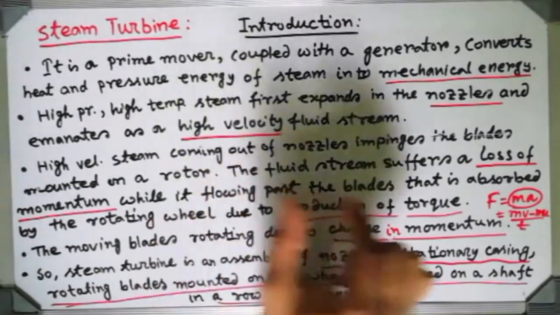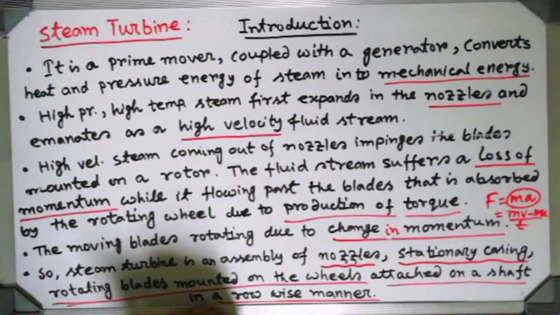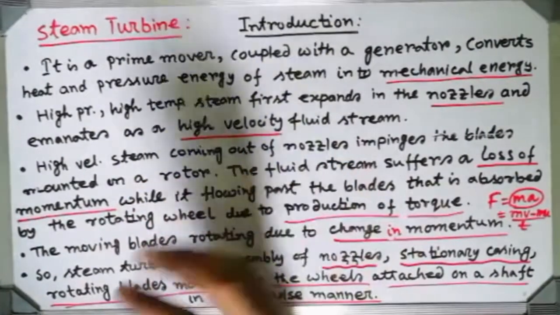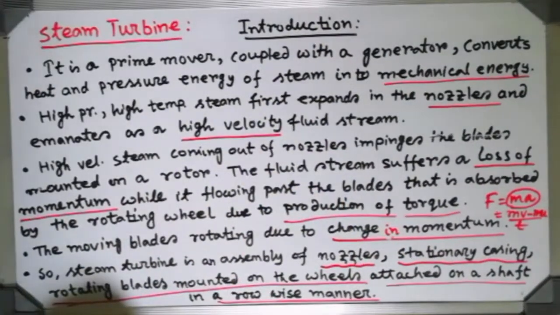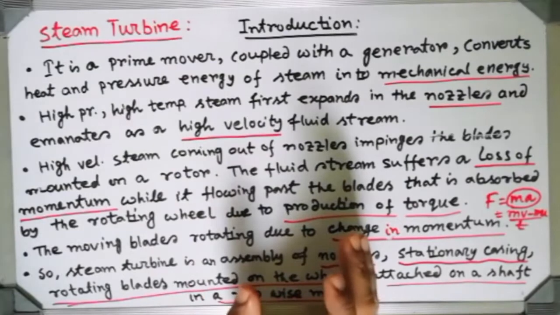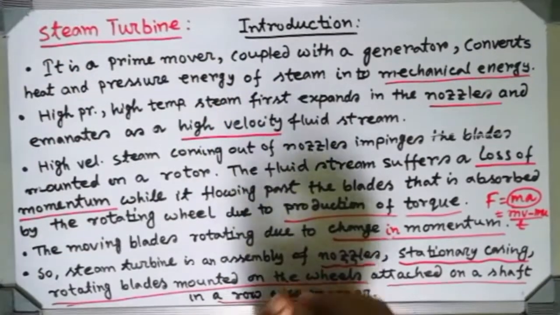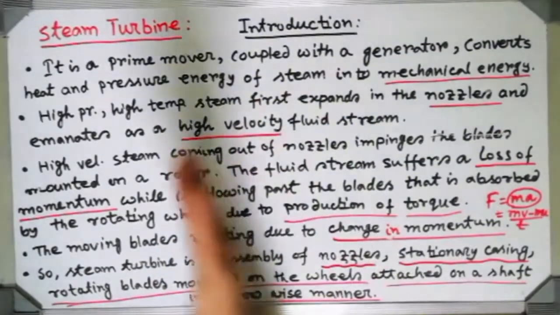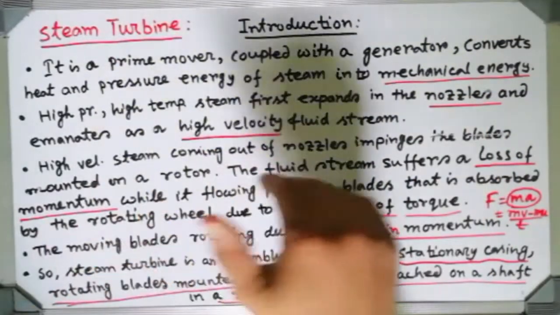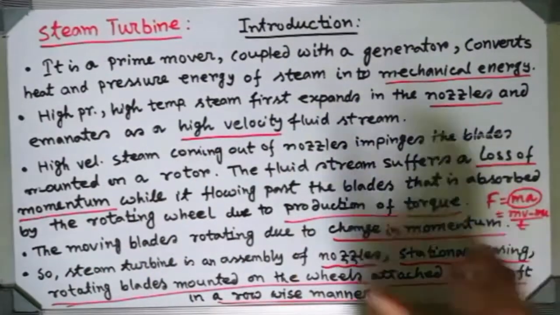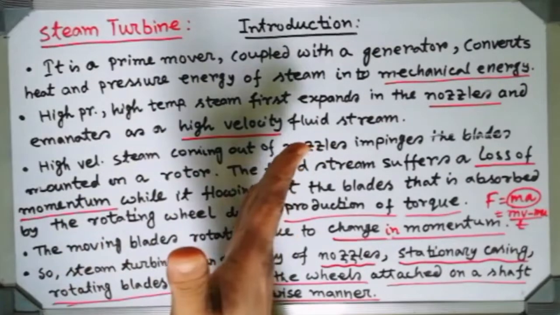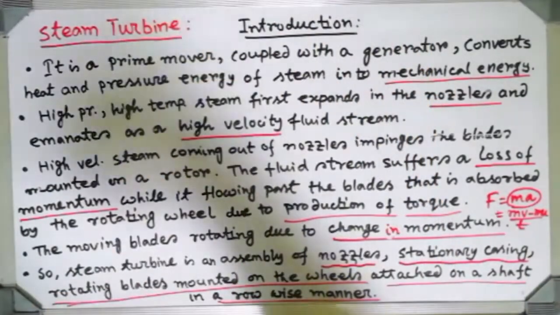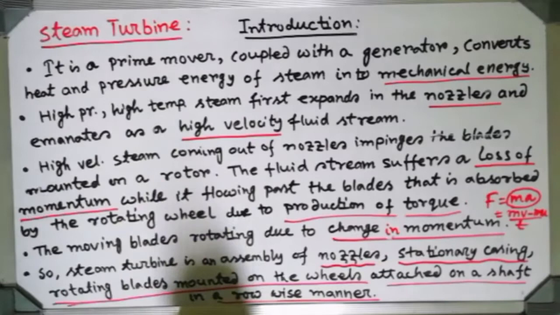Suppose you have only one row of blades in the turbine, then what will be the problem there? Then the maximum energy of the steam will be exhausted into the atmosphere. It is a wastage. That's why if you see any steam turbine video on YouTube, you can see every construction has multiple rows of blades. If there are multiple rows of blades, then the steam will be continuously utilized. From one row of blades, the steam will be transferred to the next row, then from that row to the next row. So what will be the output of that? The maximum energy of the steam will be recovered and utilized.